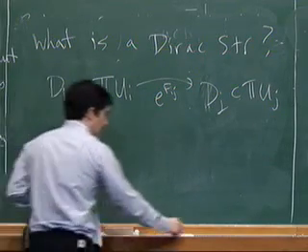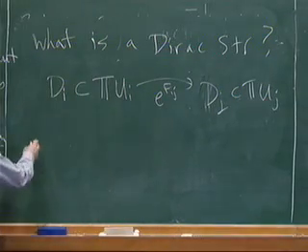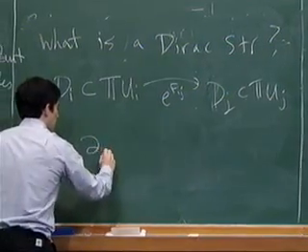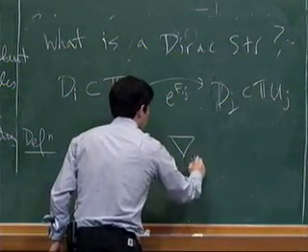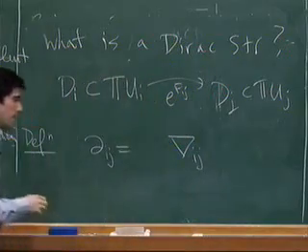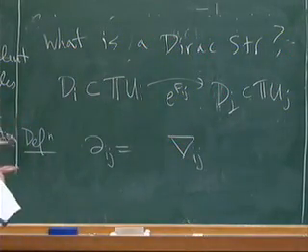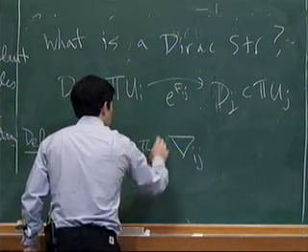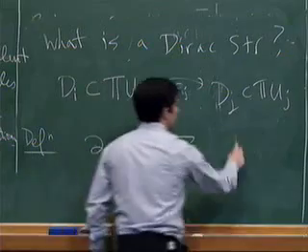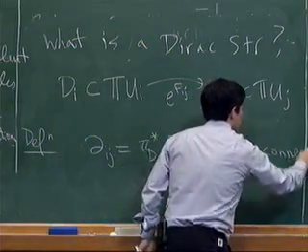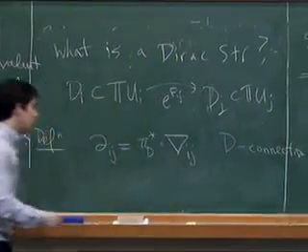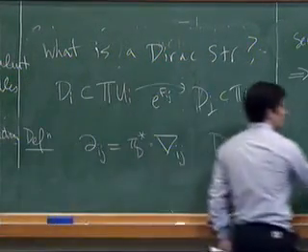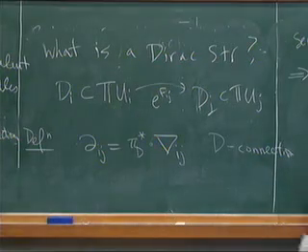Out of this data, I claim you can produce an interesting object. So define del ij to be, okay, so take your initial connection, nabla ij. That's a connection where you can differentiate in the tangent direction. If I compose this with the dual of the anchor map of D, okay, this gives me a D connection. So it gives me a D connection. But not only do we have a D connection over the Lie algebroid